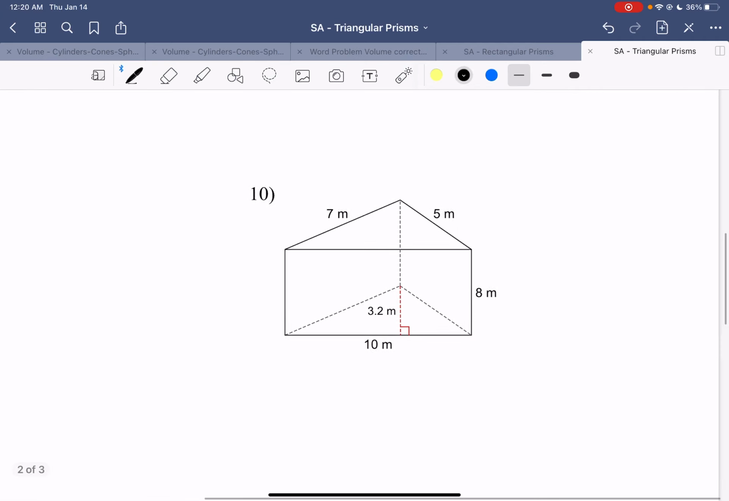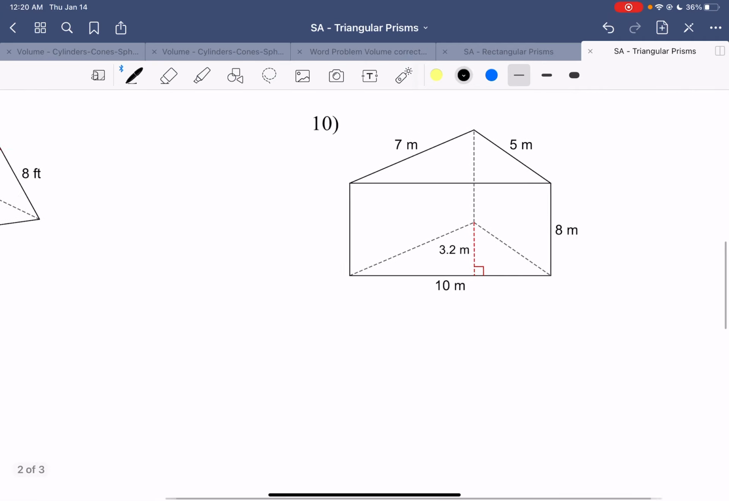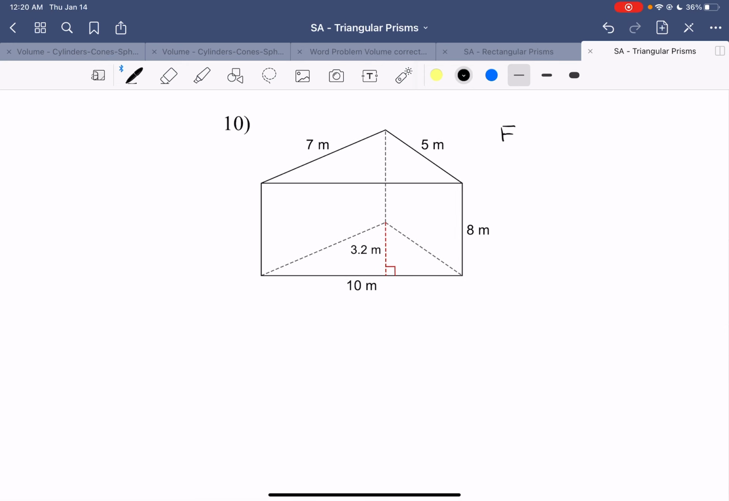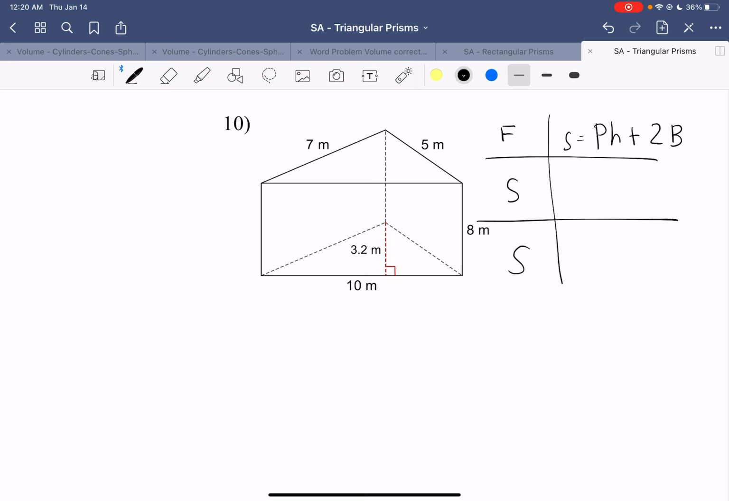Okay, so on number 10, we have formula, substitute, solve. We are finding the surface area still. Surface area equals the perimeter of our base times the height plus 2 times the area of the base. So our missing info is going to be perimeter of our base, area of our base, and our height. So in order to do that, we're going to have to